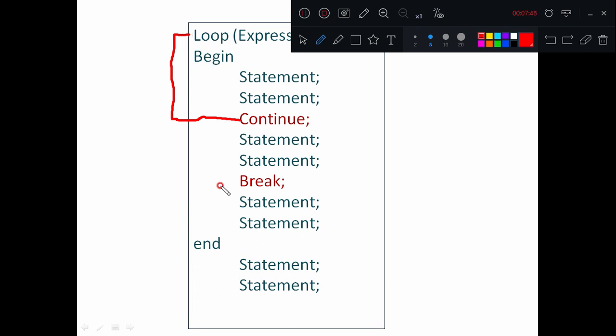Actually the loop begin and end is still here. This is the begin and this is the end. There are some uppercase and lowercase letters just to make you understand what a continue and the break are. So if this continue is encountered, it directly goes to the beginning of the loop and these many statements are skipped. This is the end of the loop. Now whenever break is encountered, it has to leave the loop only. Then it comes directly out of the loop and goes to the next statement. This is how it is executed.